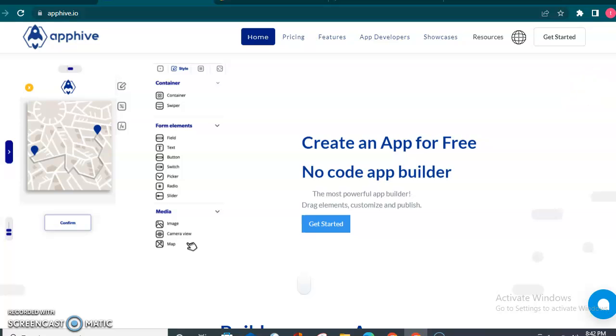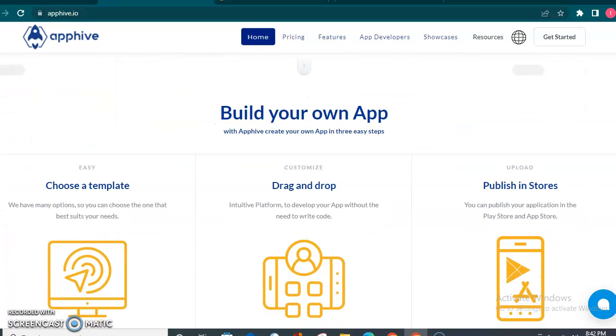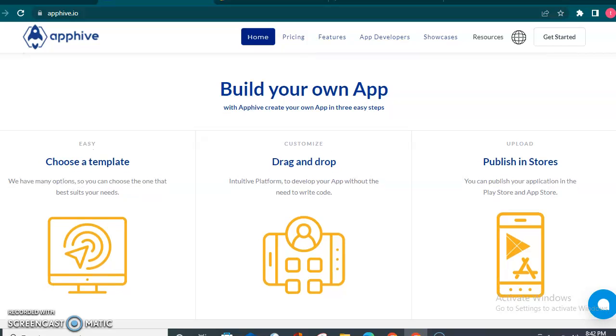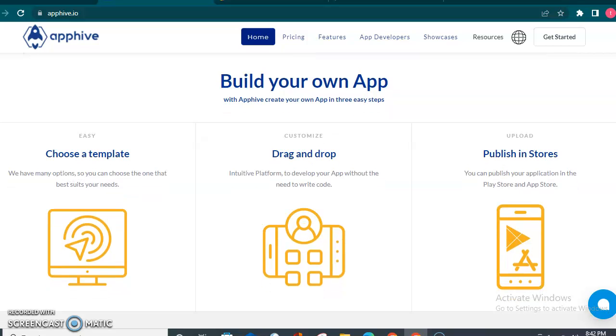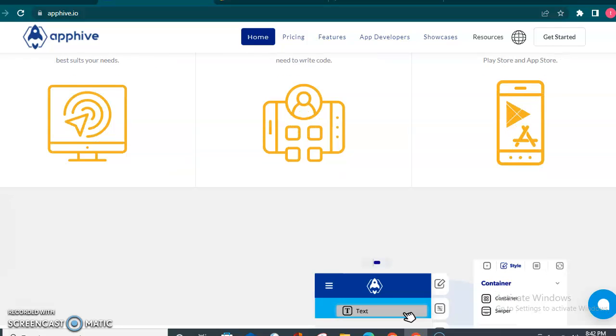If you scroll down, you can see what you have to do if you want to create free apps: just choose a template, drag and drop, and publish in stores. Very simple. If I scroll down more,